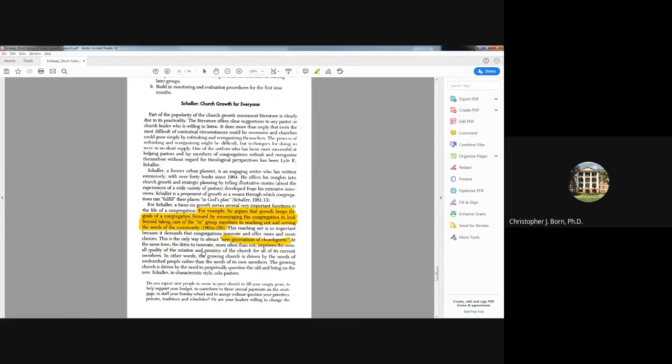And so this is where it gets a little tricky, because is the message changing, or is it just the mode? And some people argue that the message is changing too. And so that really plays into some negative connotations, like, oh, you're just pandering. But there's this drive to innovate. And so that gets back to, sort of a full circle back with Kelly's thesis and Schaller's approach,